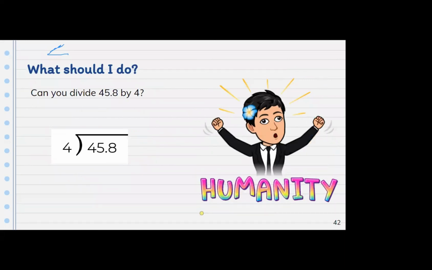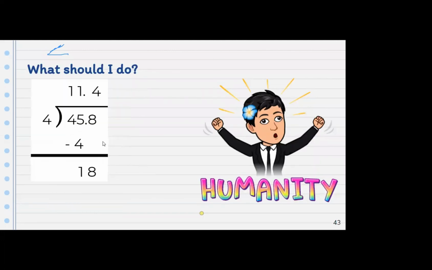So let's do another problem. Let's do a practice one. So how do we do this? Obviously, we do the same exact thing. The first bit is 11. Minus 4, you're gonna have 1. You're gonna have 18 for this problem. 4 can go into 18 4 times. Subtract 16, you get 2. And then for some people they'll be like,